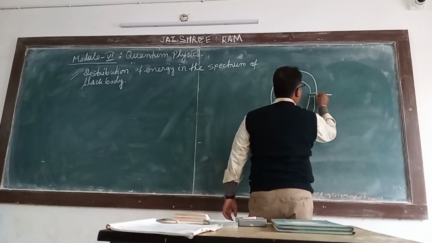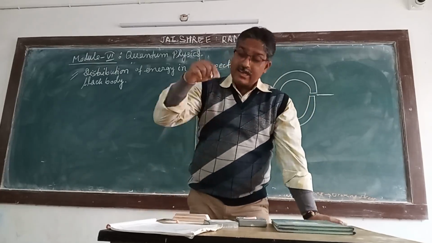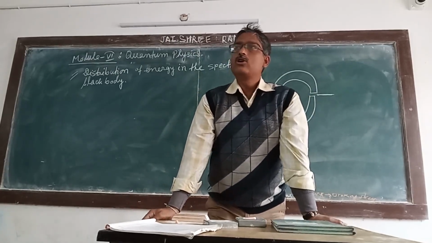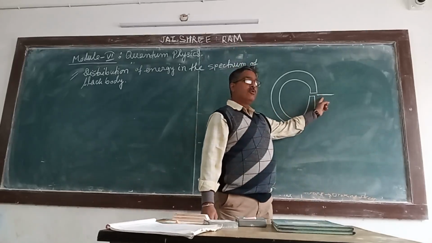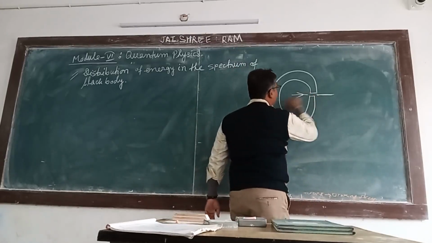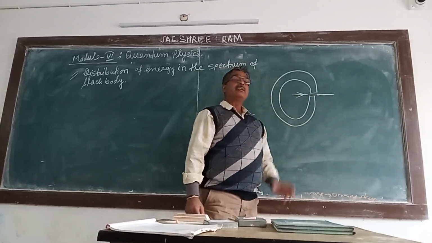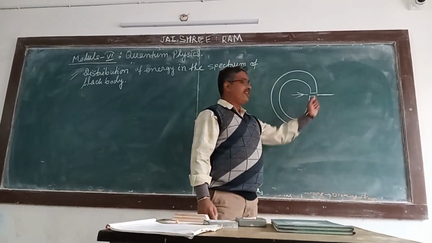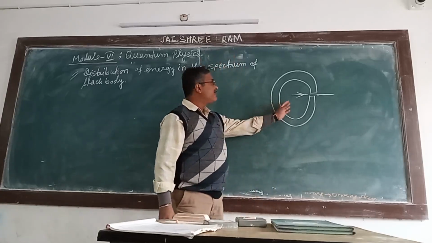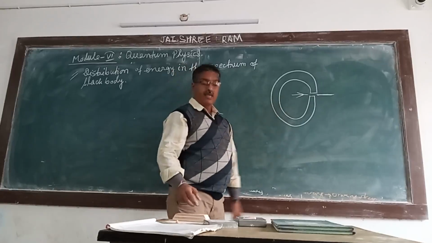If we put a probe, which can measure anything, that is called a probe. So if we put a probe here, which can measure the intensity and the wavelength of the emitted radiation, the radiation is emitted from here at a certain temperature. And if we plot it in a graph, then what happens? At different temperatures of the black body, if we plot the graph, then what's happening?